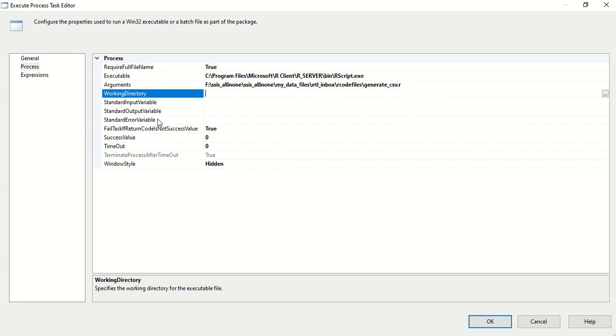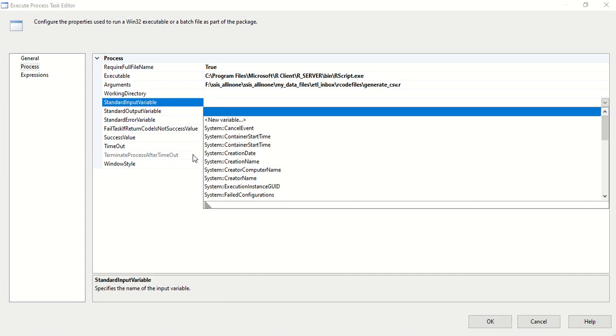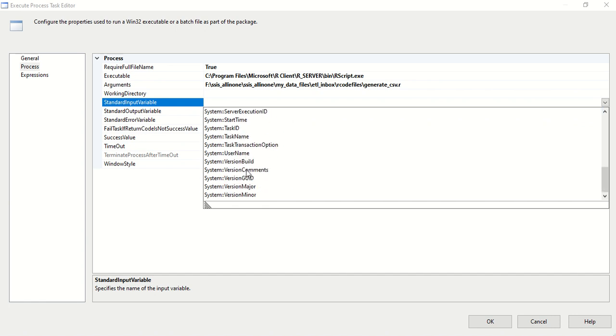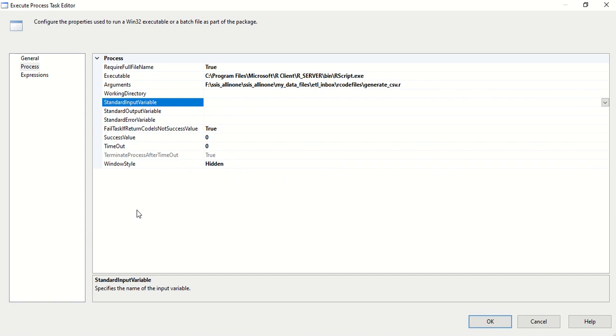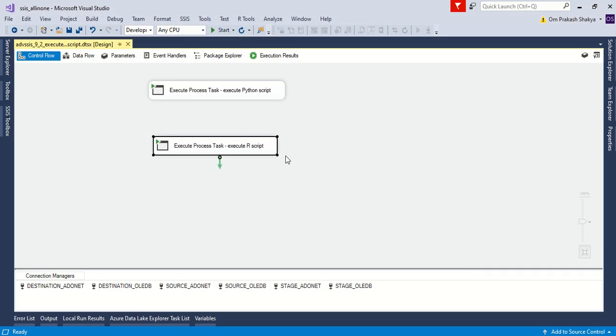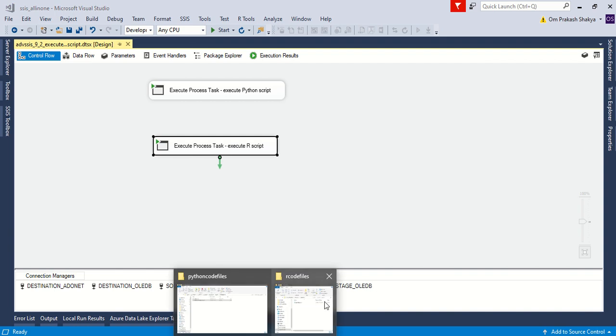And the standard input, output and error variables, I have not used. If your requirement needs it, you can pass those variables. All the system variables and user variables will be available there. So let's execute the complete package this time.